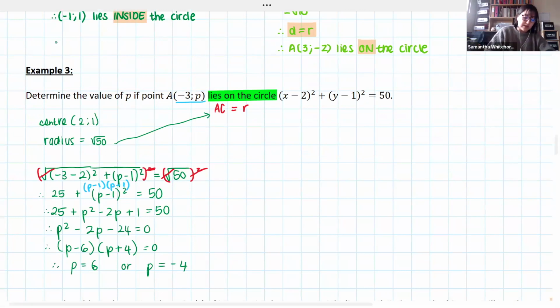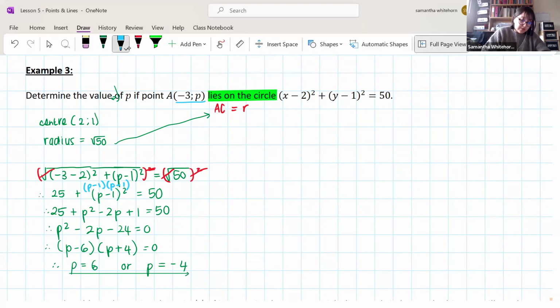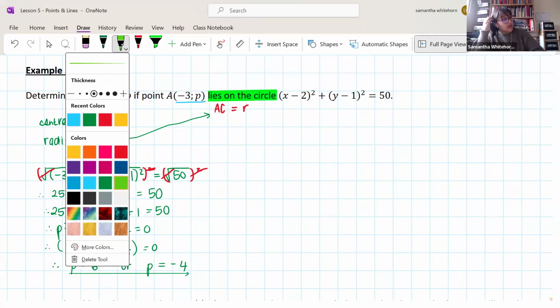So I actually should have said in the question, determine the value or values of point P, but that doesn't matter. So I've got my 2 coordinates that P could potentially be, so that point A lies on the circle. Right, the other way that you can do this, and I'll be honest, I wouldn't even do it the second way, just in case I